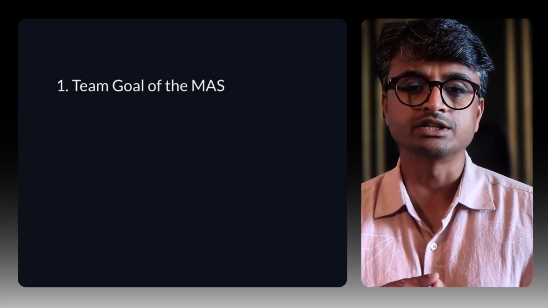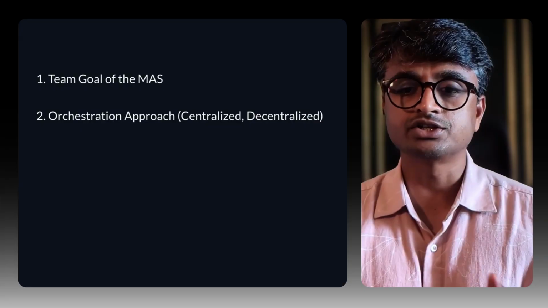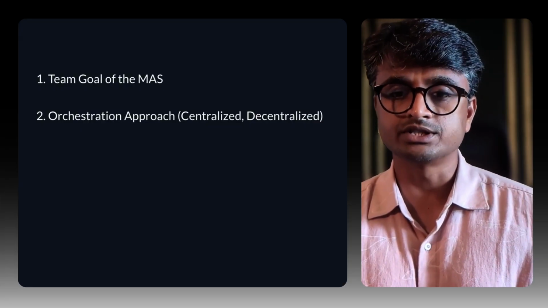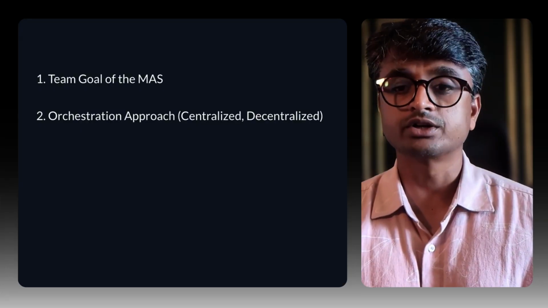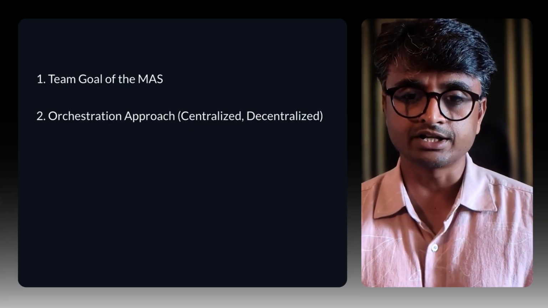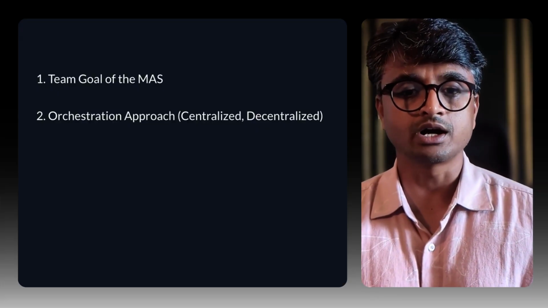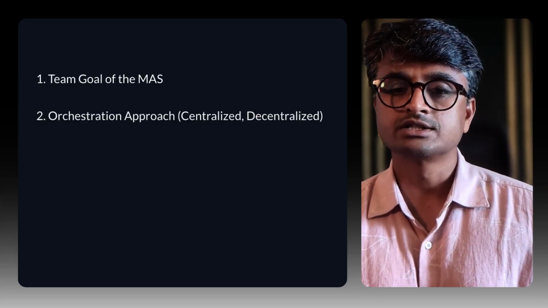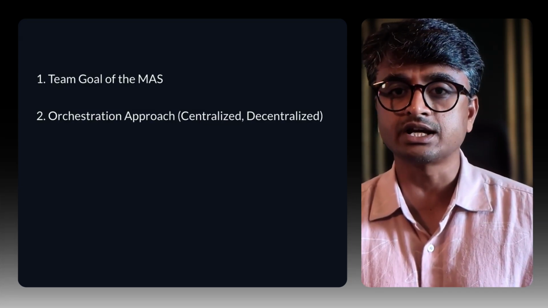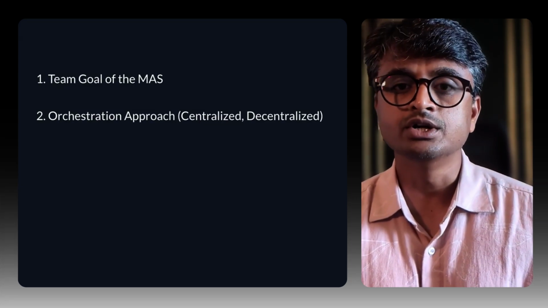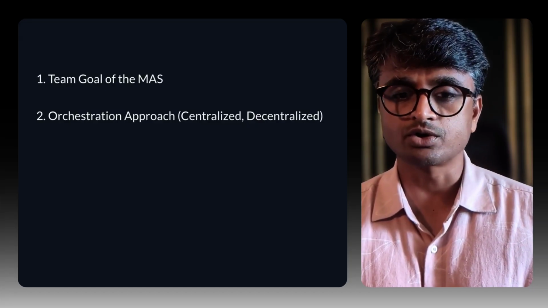You will be setting the overarching goal for your multi-agent system. Secondly, you will have an agent orchestration approach, which is where you decide whether you want a centralized team where a single manager delegates all the work to all your agents, or a decentralized team that manages its own plans and execution. Or do you want a hybrid approach where a manager handles some level of high level planning? Or maybe you want a system where each agent decides which other agent it can tap into dynamically, perhaps using something like an agent to agent protocol.